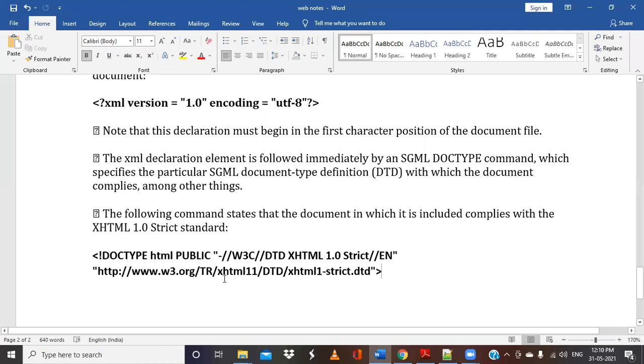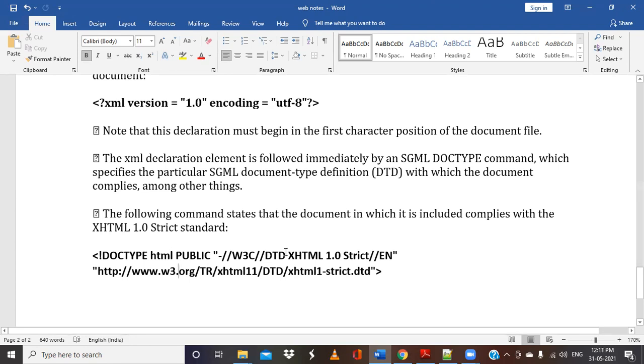It is just a syntax, or a starting line, which has to be included so that the browser will understand that the programs the programmer has written are based on this particular standard given by the World Wide Web Consortium. So we are going to use these XHTML 1.0 standards, but who gives them? They are given by the World Wide Web Consortium. So that will be included in this XHTML1 DTD and so on.